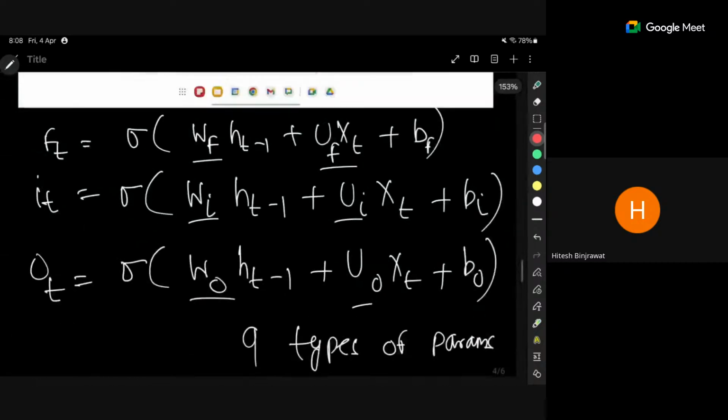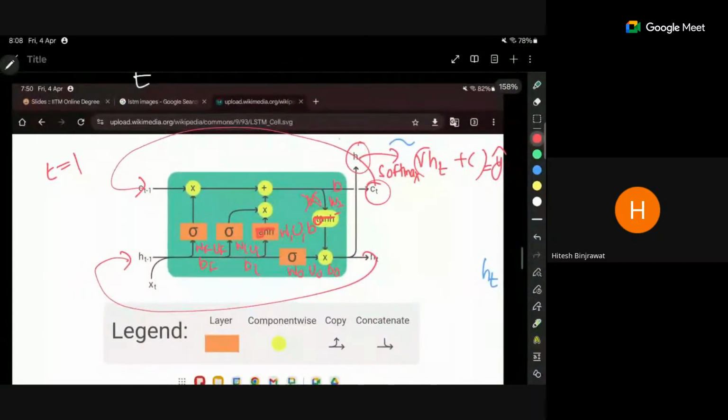Before going to GRU, let's see one thing: how it is able to handle the vanishing gradient problem. The thing with the vanishing gradient problem is that it is vanishing across all the paths, right? So if I do back propagation across all of them, the point is that across this path,